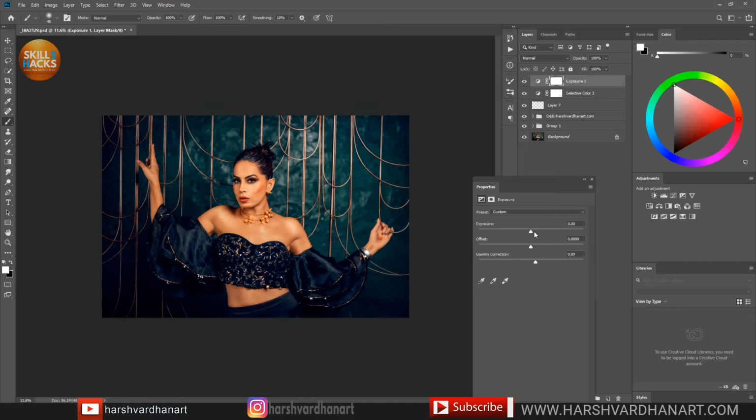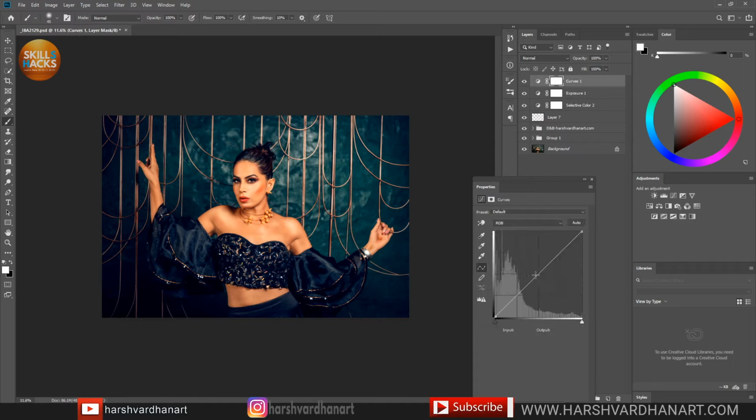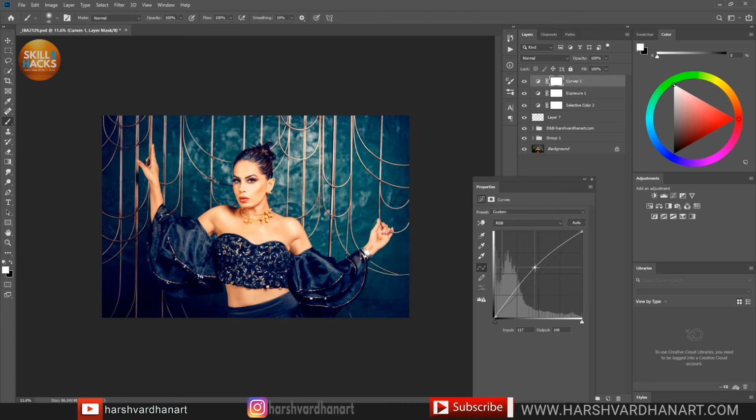this, and increase the exposure a little bit. So you can see this is before and this is after. We have added a little bit of brightness, and let's create one curves adjustment and increase its brightness to something like this,